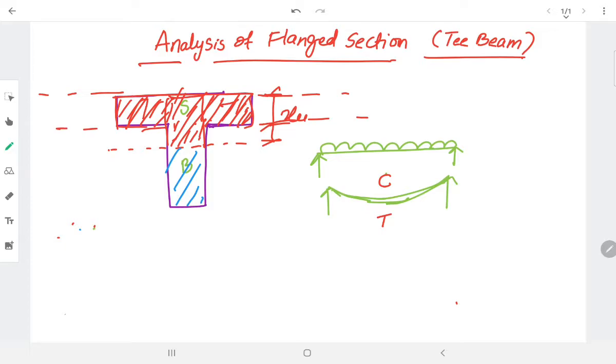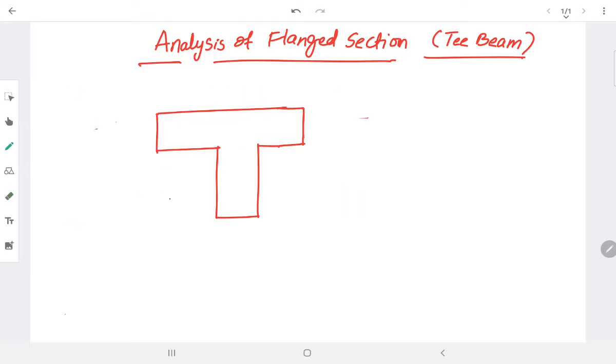I think you understood this concept. Once that is completed, we must know the parts of the T-beam. I'll redraw this figure. Whenever the span is equal, the distribution on either side of the web section will be the same. So this figure is of the T-beam. As I said, the neutral axis may be somewhere else; I don't know whether it is within the flange or outside the flange, whatever it may be.